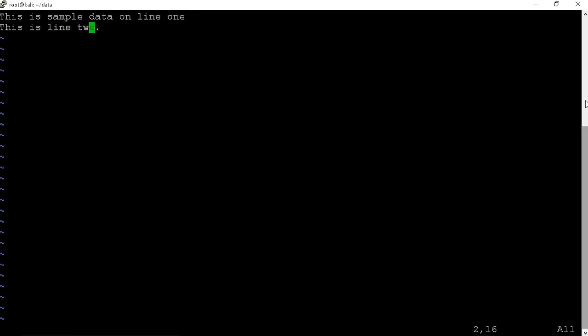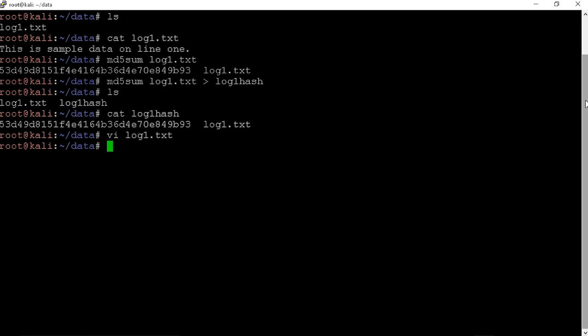I'll then press escape so that I'm no longer in insert mode. Now I'm in command mode, so things I type in don't become part of the file. They're interpreted as commands in the vi editor. So I'm going to type :wq. And you'll see that showed up in the bottom left where w means write the changes to the file, and q means quit. So now I'm going to use my up arrow key back to the md5sum command originally